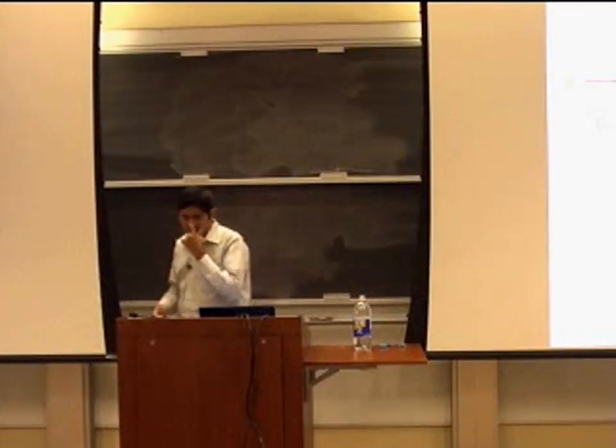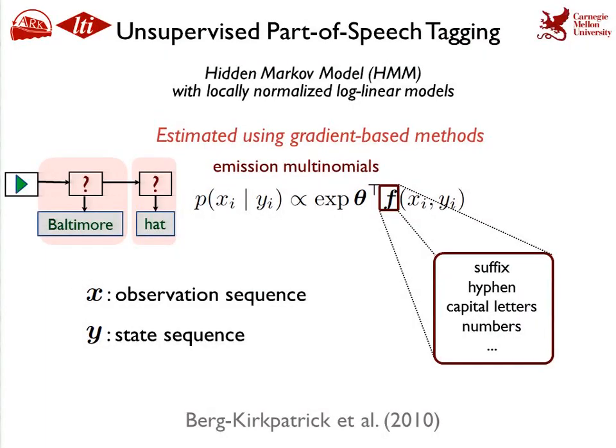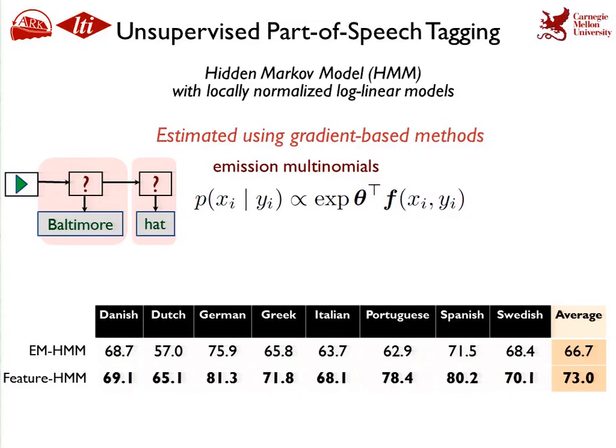Okay, so Kirkpatrick and colleagues found lots of improvement for English using this method over basic EM estimated HMMs. So we tried to corroborate this, and we experimented with our 8 languages and found that across all the 8 languages there are significant improvements over just HMMs estimated with the EM algorithm. Okay, so this is a good unsupervised model, and we wanted to adopt this for further experiments.